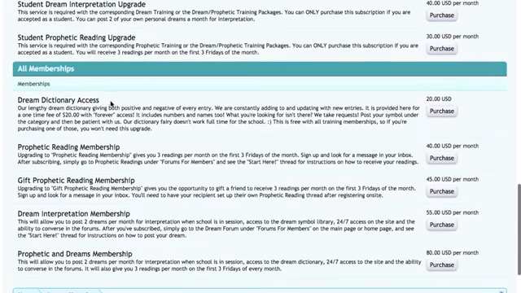Now, one of the things that's really cool about what we have here is Dream Dictionary access, which gives you a lifetime membership or access to the Dream Dictionary. And there are all kinds of things in there. It's not your typical Dream Dictionary.